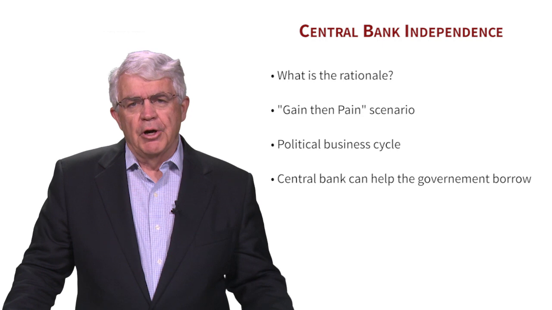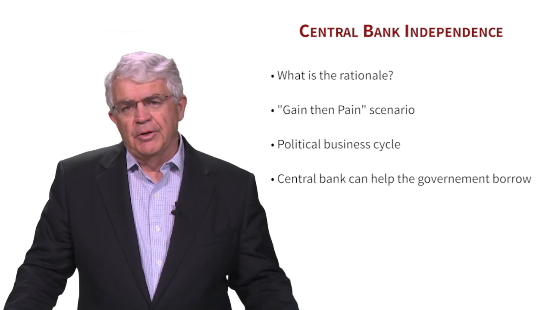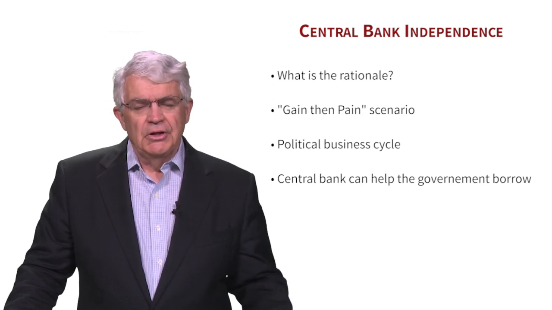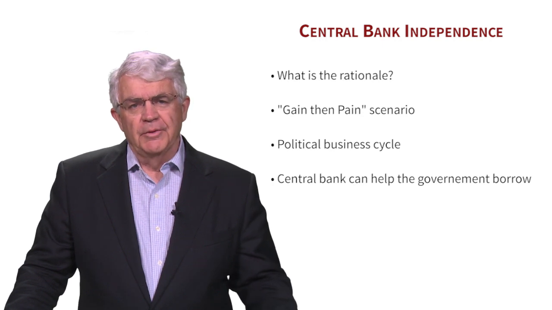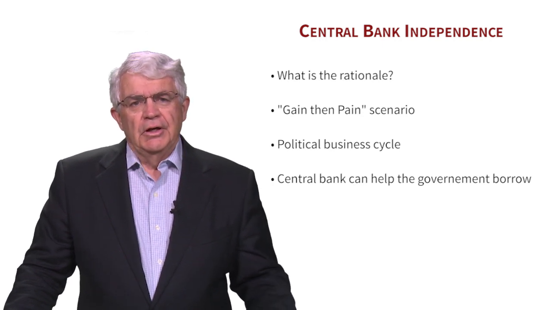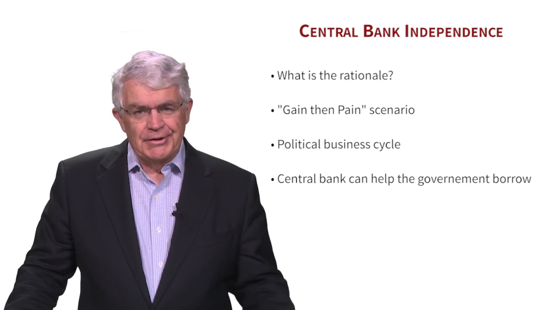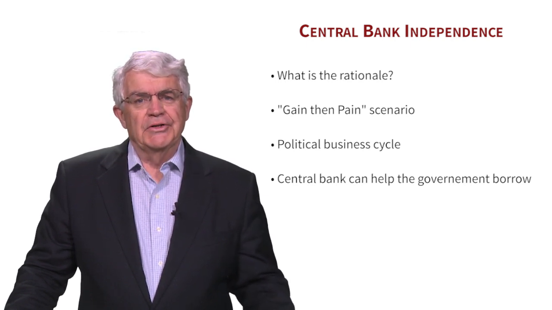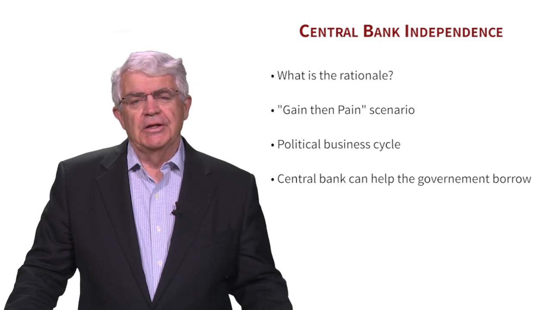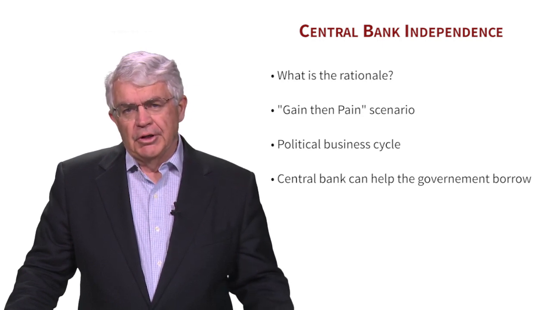Government might want to borrow because they can't raise taxes enough to help their spending, so there's a deficit, and so they'll need to borrow. As you know, borrowing comes when there's a deficit. If the central bank just buys the government's debt, really basically is lending to the government, then the central bank is helping the government borrow. It's making it easier for the government to increase its debt.